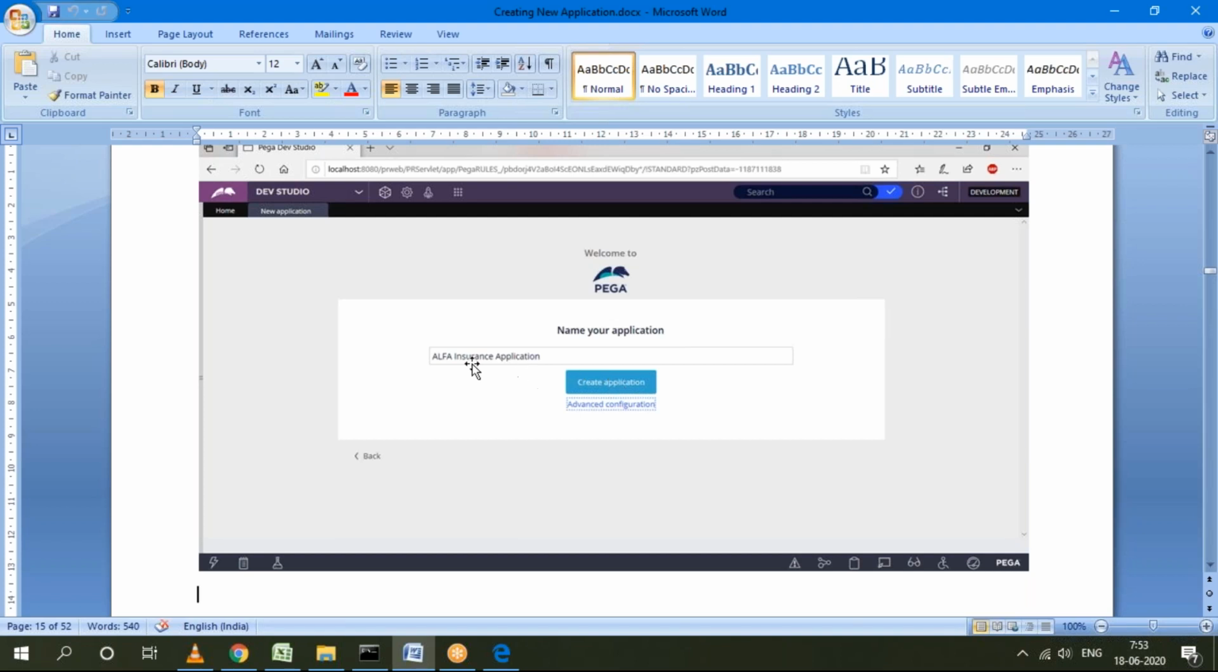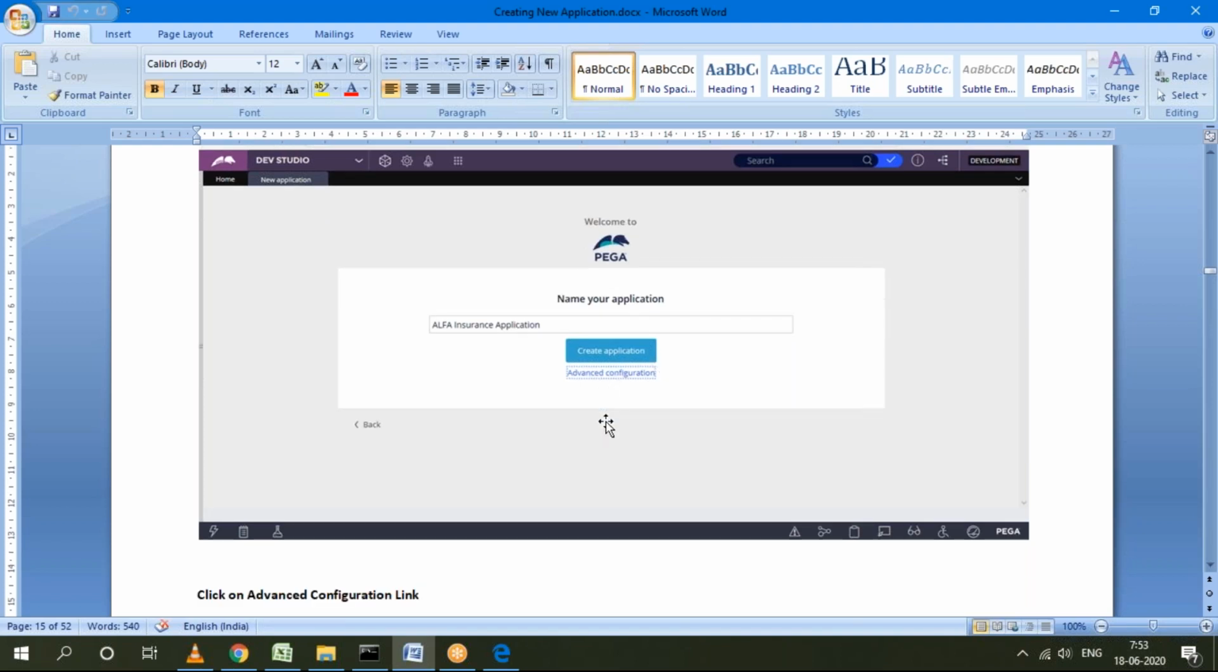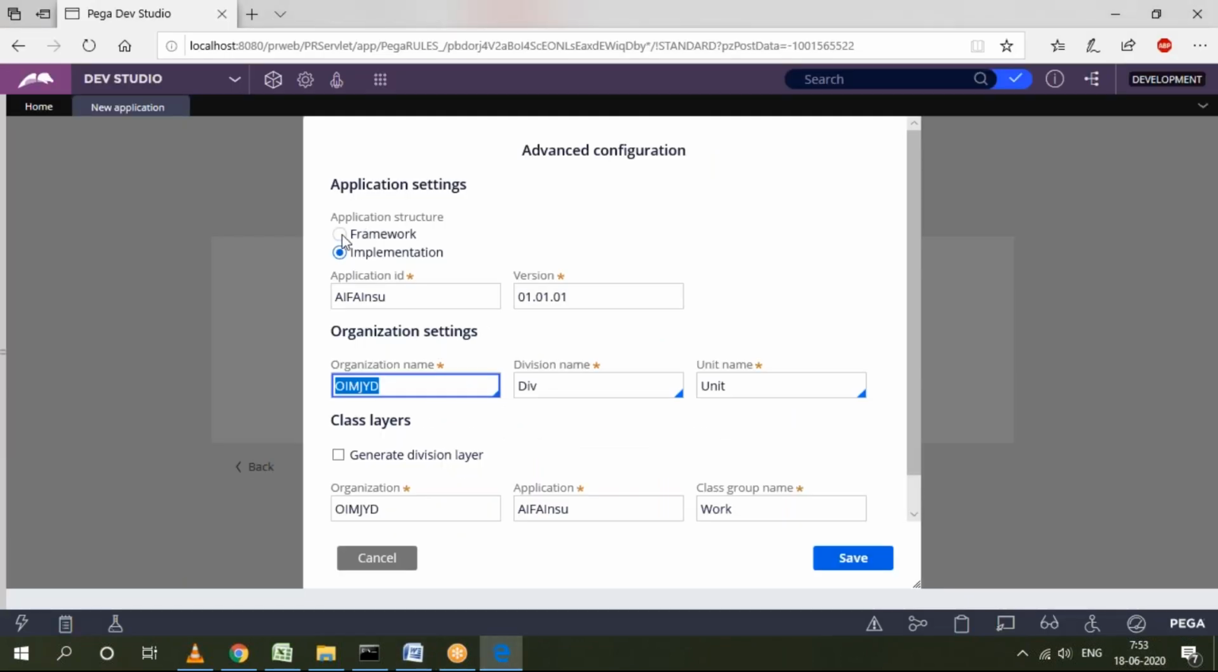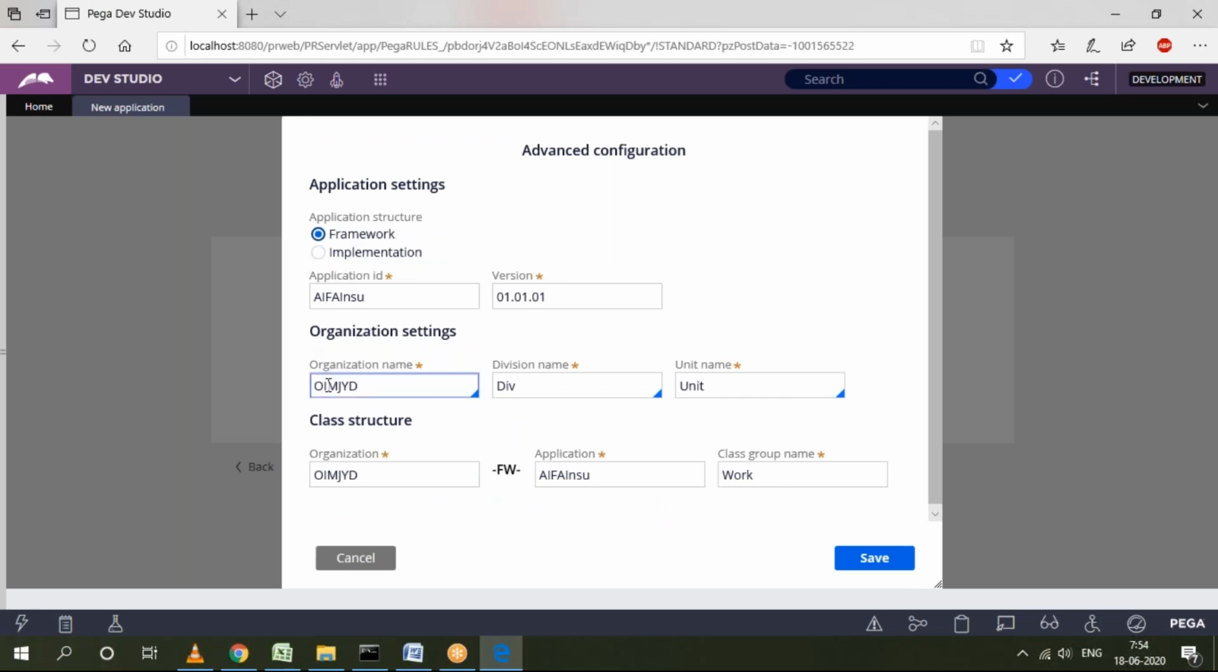Don't forget here, after giving the name when creating the framework, click on advanced configuration and update the settings. If you don't update, then it will automatically create an application with some random organization name and the structure also by default will be implementation, because so many people by mistake directly click on the button. But in your system when you are creating this framework application, click on advanced configuration and update these settings. So here change the structure to framework and update organization name, give alpha,